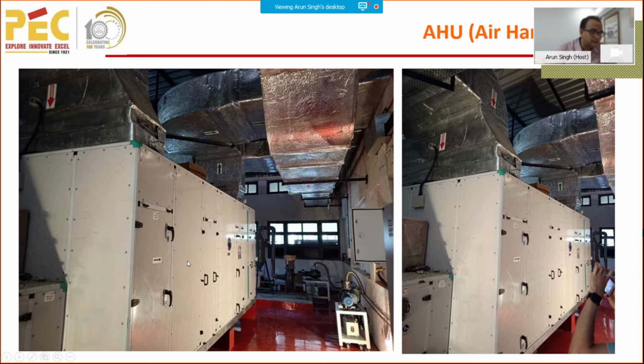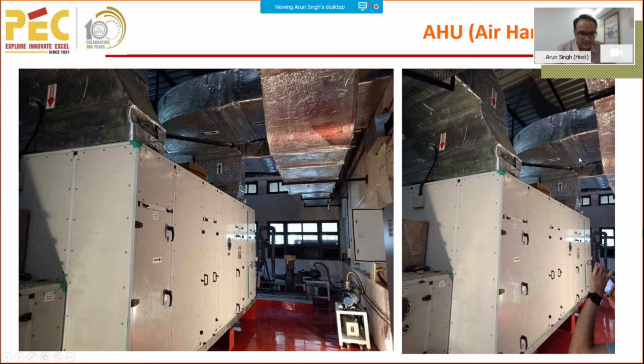You can see this is the AHU, which we can say is the lifeline of our clean room. This is going to provide the desired air, and temperature, humidity control, etc. Everything is to be controlled from this AHU. On top, you can see green arrow lines and red arrow lines. Green arrow lines are providing air and pumping it inside the clean room. And from the clean room, the air comes through the duct, and through the red lines it goes inside this AHU, and again it gets processed under this AHU, and it will be going outside.